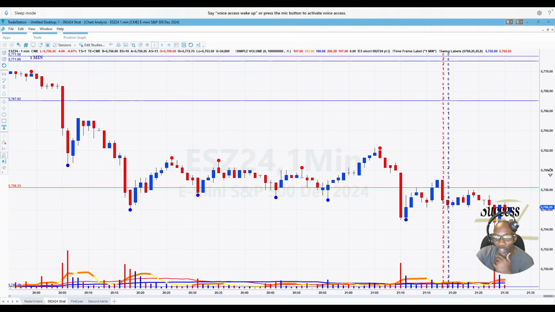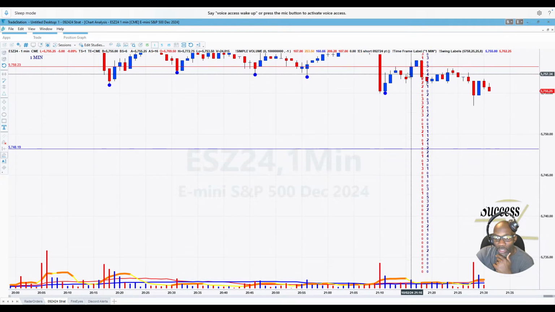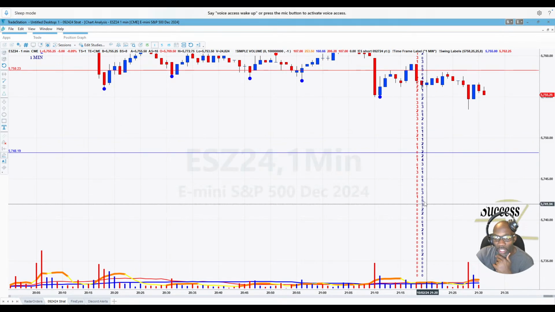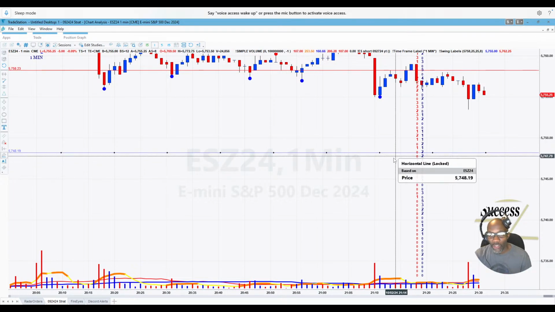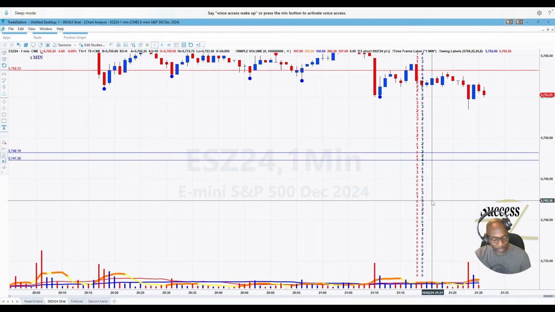So if you look at the chart, the way I program this is that you can look up and down and you can see, like down here, that's a 5, that's a 4. Those numbers, 5 and 4, are higher than 1s and 2s, right? So I would expect, and I don't know why I have this line drawn here, but I would expect that sometime or another, price is going to come there to around that 4, and it's going to at least do some kind of a bounce, because there have been at least 4 bounces right here before, or here at 5,